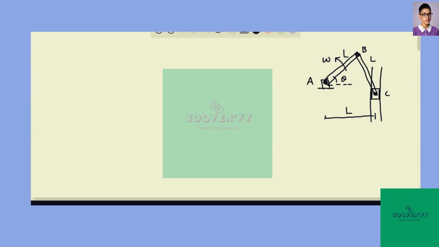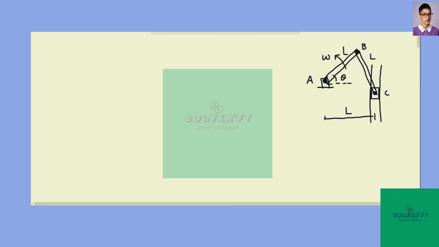In this question, we have bar AB rotating uniformly about a fixed pin A with a constant angular velocity omega. And then we need to determine the velocity and acceleration of block C at the instant when theta is 60 degrees. So based on this diagram, we can redraw